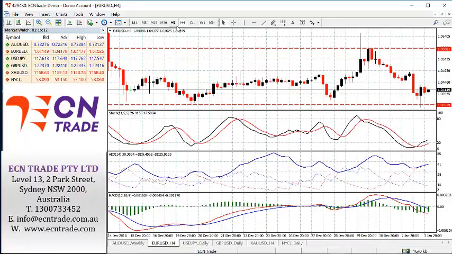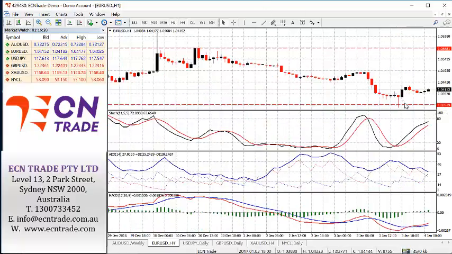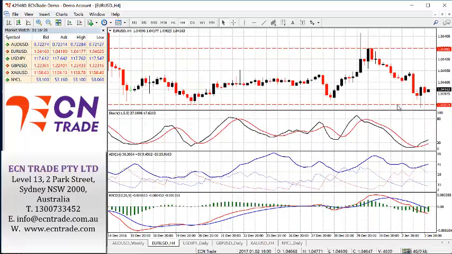The euro attempts to break lower overnight, and as you can see here, it stabbed at that 103.40 to 103.50 level before surging back to the upside and settling above 104. In light of the current pattern, I still expect to see further weakness in the euro, with the immediate support coming in at